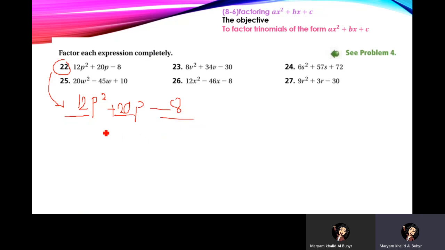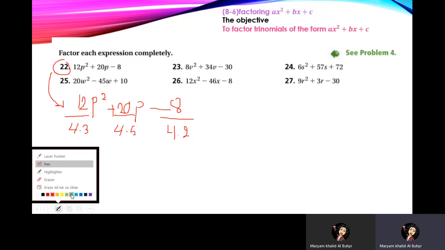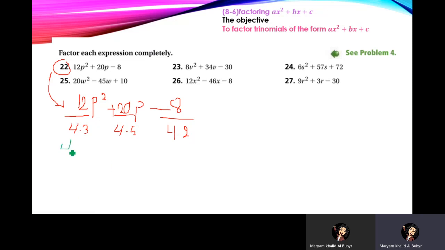Is there any common factor between them? Yes, there is 4. I can say 4 times 3 here, 4 times 5, and 4 times 2. All right. Now I can take 4 outside, and I will write all the remaining things. So the remaining is